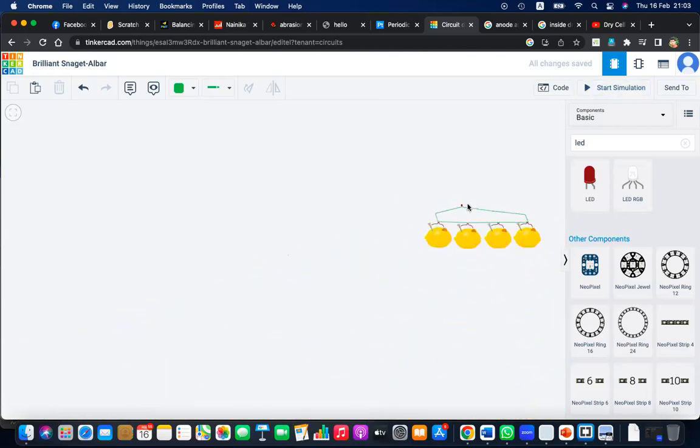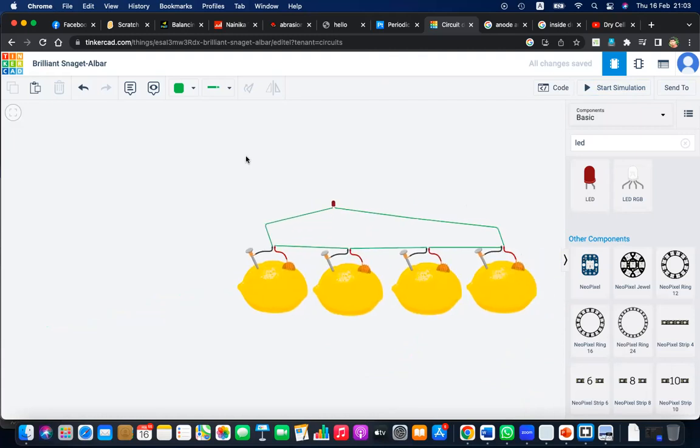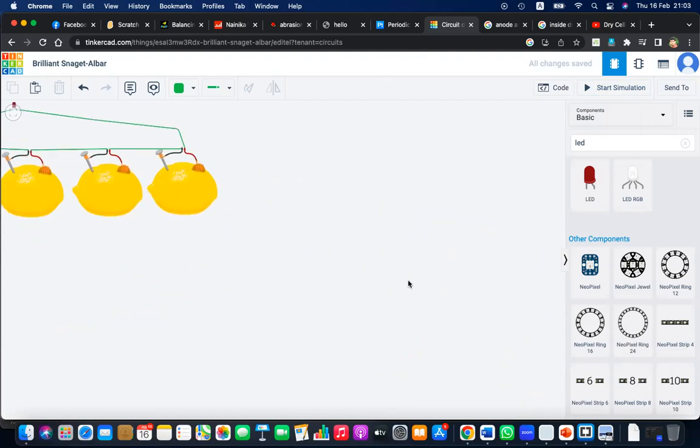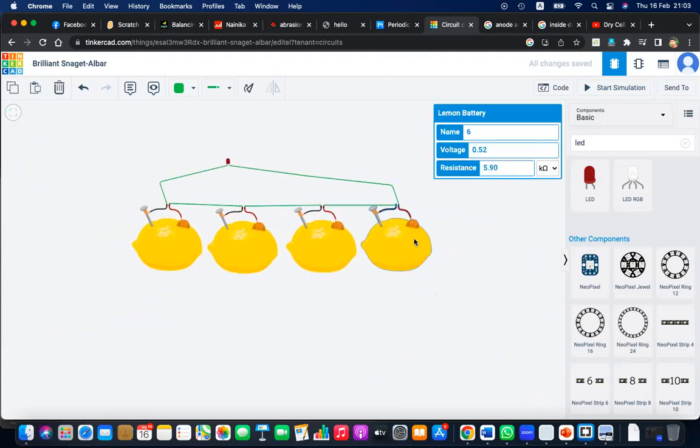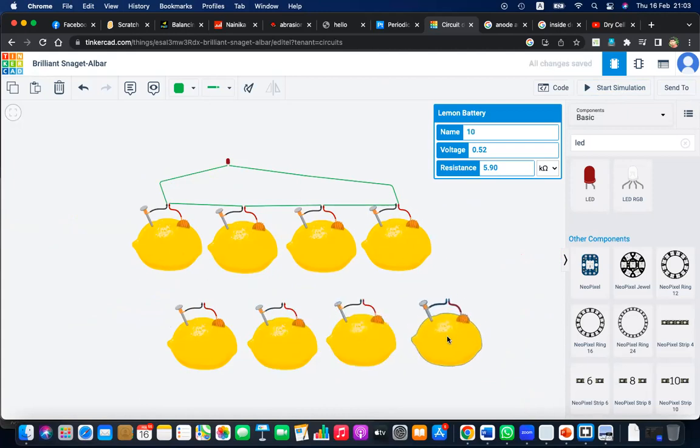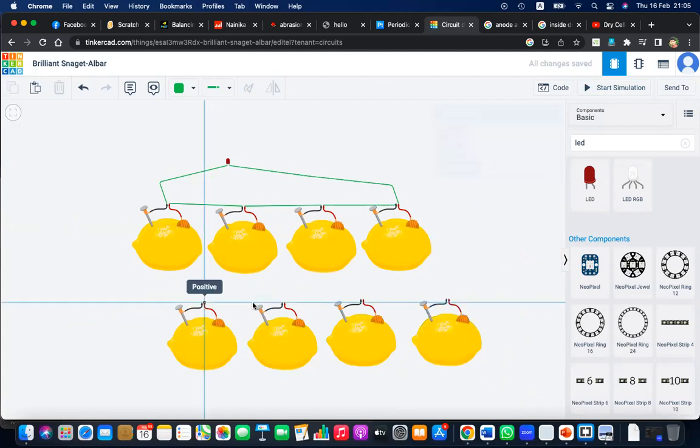Maybe you can further increase these. You can further increase. Okay, let me copy. Paste. Paste. Paste. Paste. Now I have increased the voltage. Let's increase the amperage. Keeping the same voltage, we can increase the